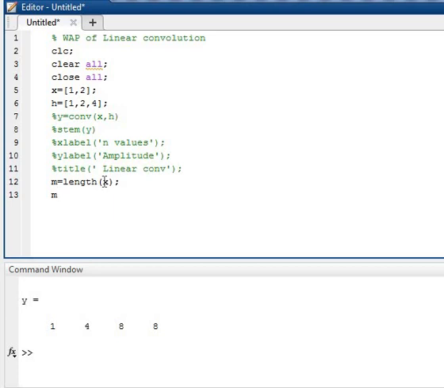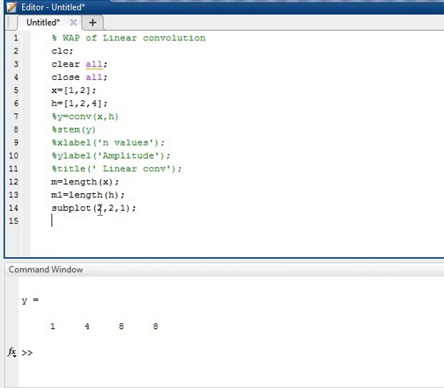After that, I will take the length of the second sequence. I will use the subplot command, 2 1.